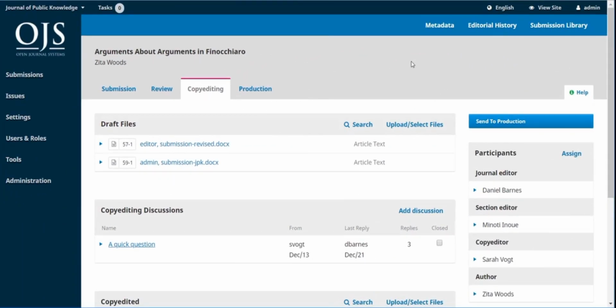In copy editing, a copy editor, or other member of the editorial team, works with the reviewed version of the submission, improving its accuracy, clarity, and fit for the journal. The author has a chance to review the changes before the submission moves on to the fourth and final stage,